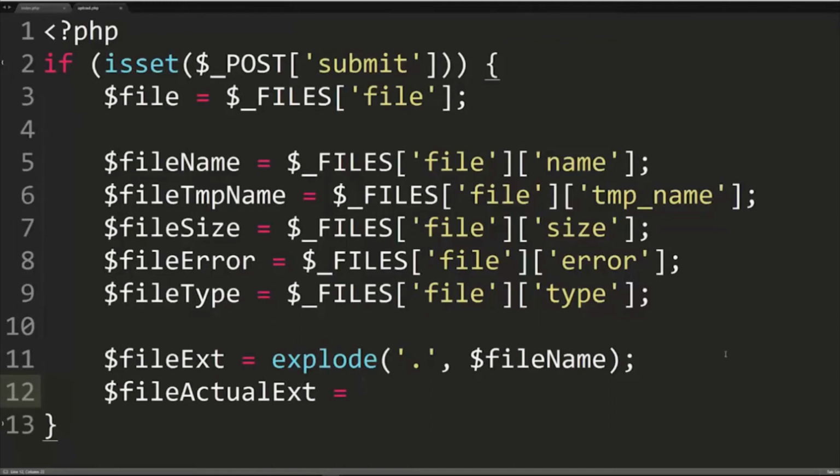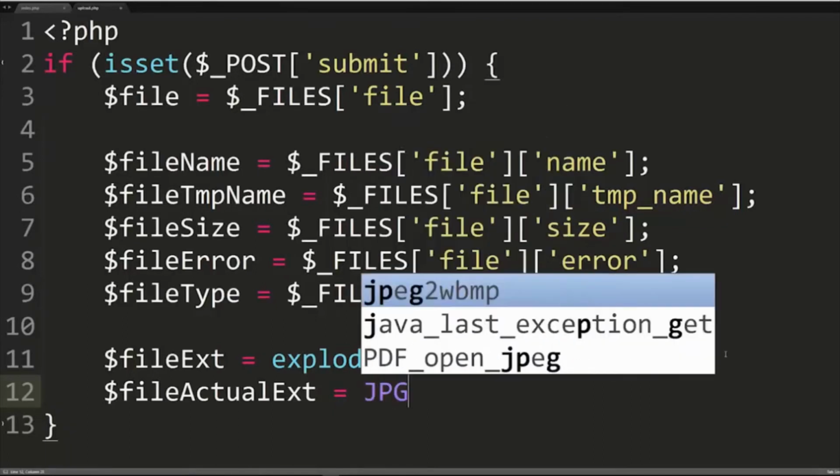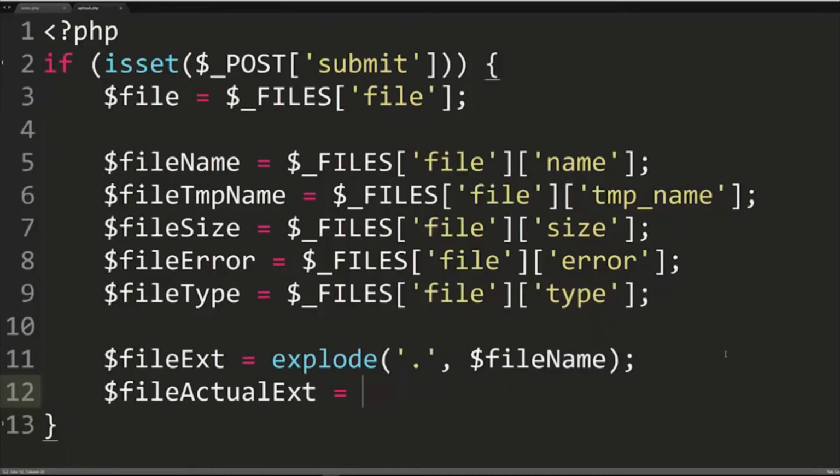And that's because right now if I were to upload a file that might have big letters after the punctuation, so instead of JPEG in small letters, it could actually be JPEG as capitalized letters. So we want to make sure that every time we check for these sort of things, we always make it lowercase before we start checking it. So we're going to say strtolower,